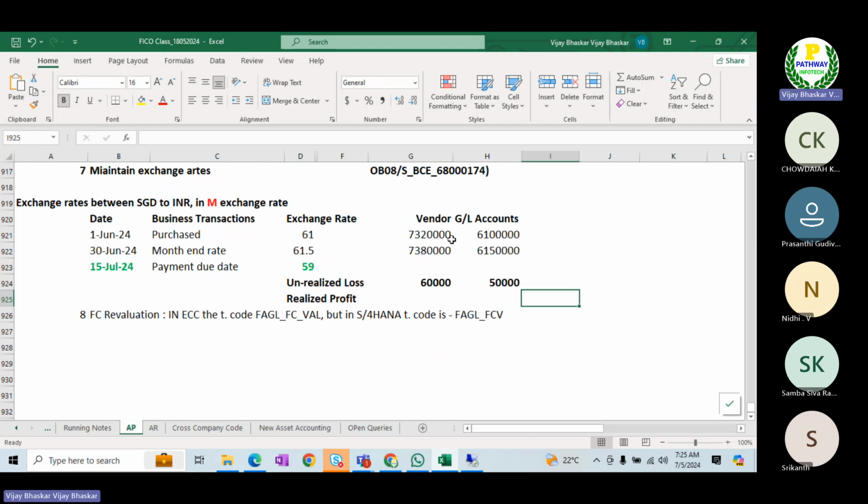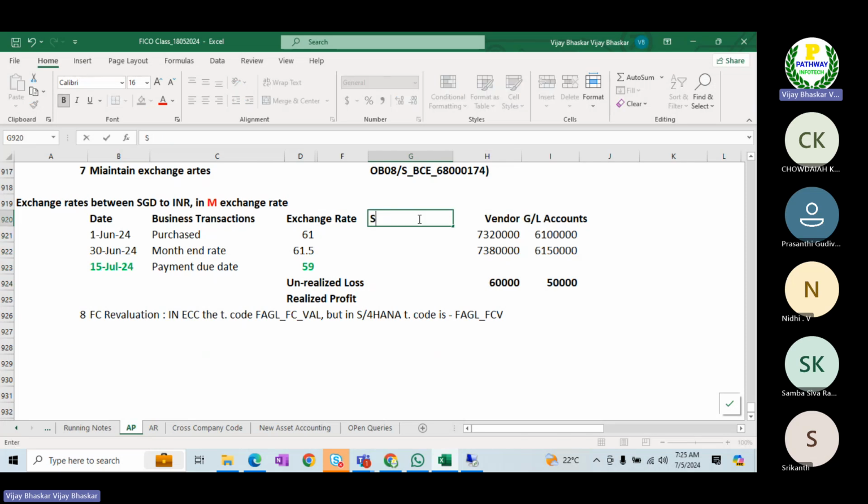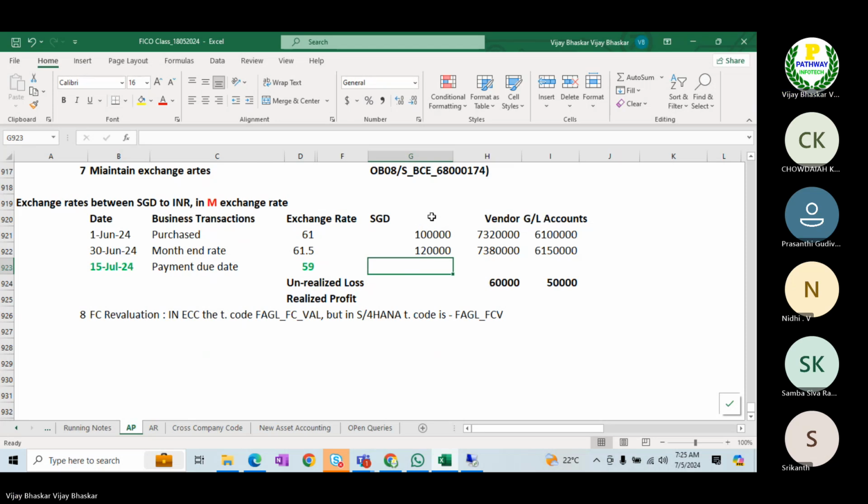So now at the time of purchase, let me put purchase value, and I have not yet entered SGD. SGD, this one is 1 lakh, this one is 1,20,000. Okay, so now the calculations you can see here. Now this is SGD.